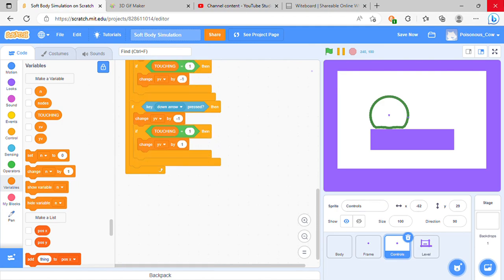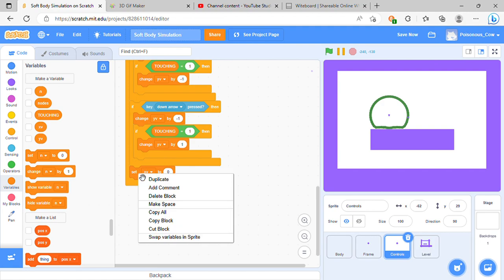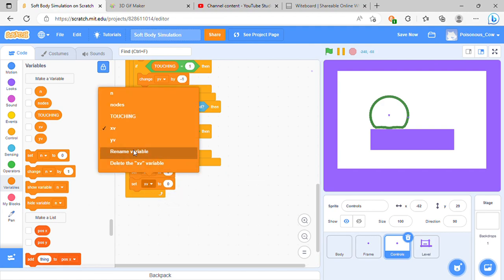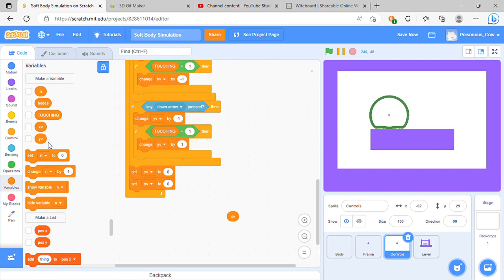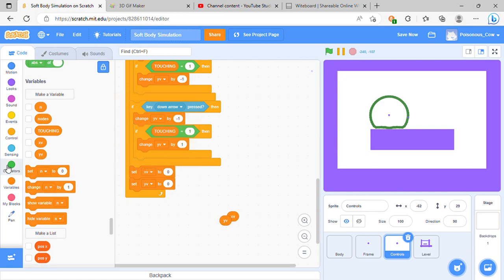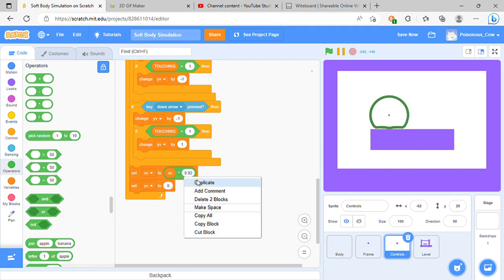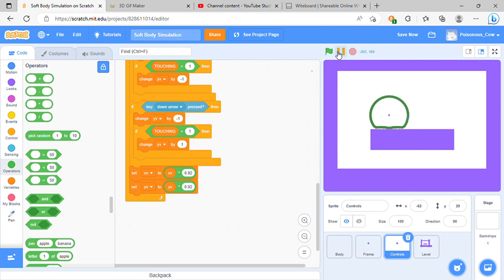And after all this, we're going to set xv. We want this to be a bit floaty, so set xv to xv multiplied by 0.92 maybe, and yv to yv multiplied by 0.92, like that. And after we test all this out,